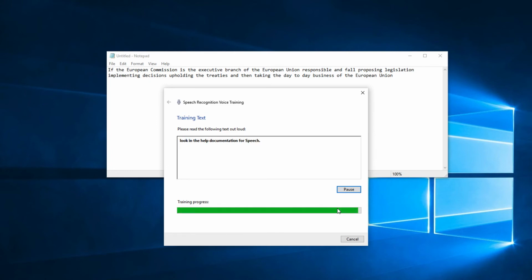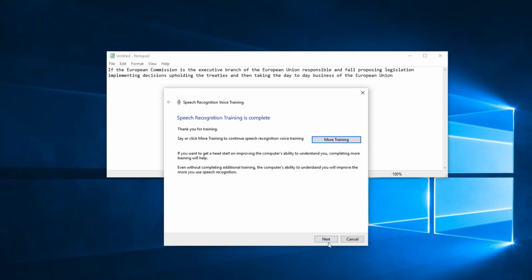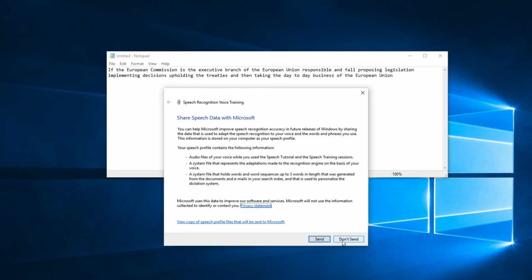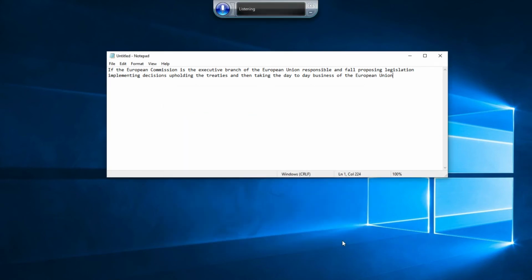Look in the help documentation for speech. The quality of the speech recognition should increase significantly afterwards. So we try our test sentence again. The European Commission